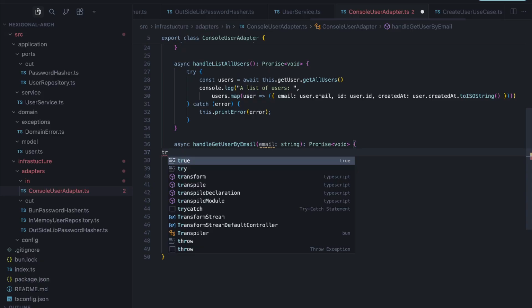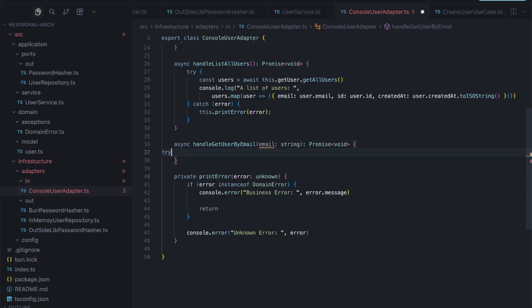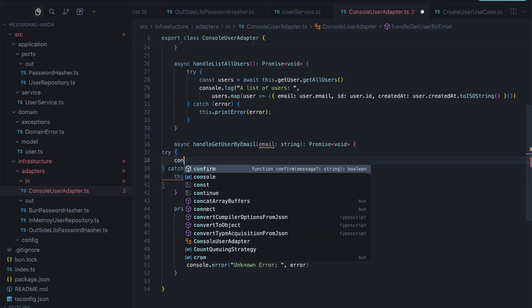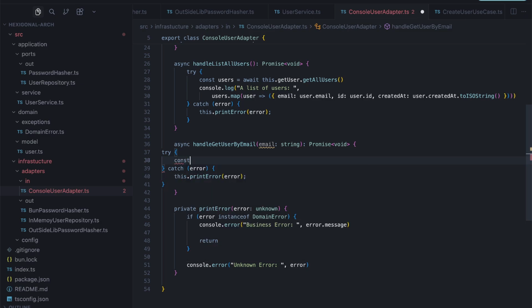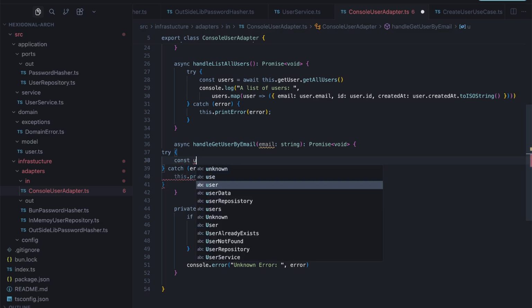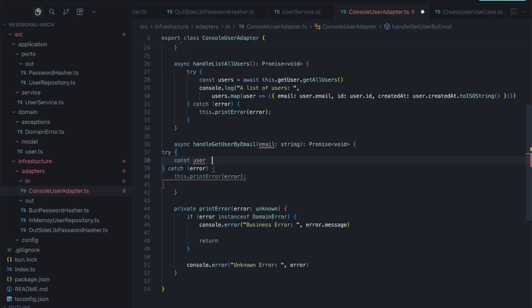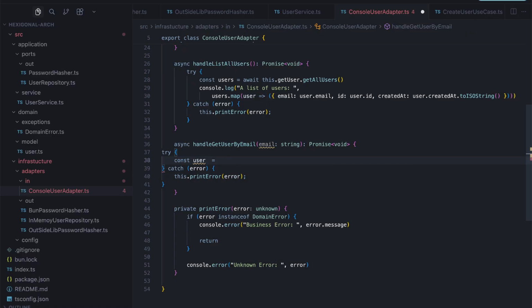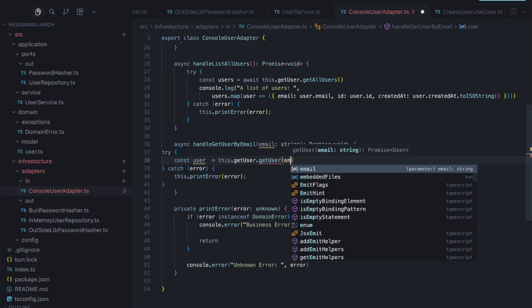So we need to start by trying and catching the error, and then user is equal to get user, and then send the email,